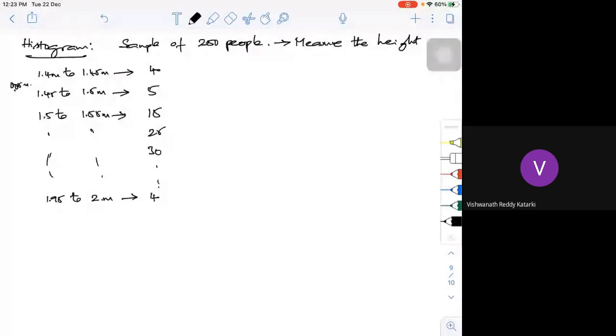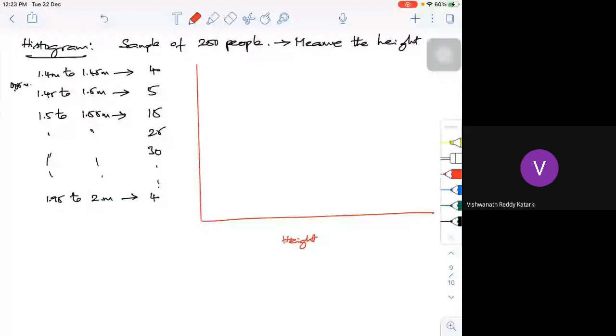Very similar to that. On the x-axis I will have something, and on the y-axis I will have something. What will I have on the x-axis? The height. I will have height on the x-axis, and the number of people, let me call it small n or capital N, on the y-axis.